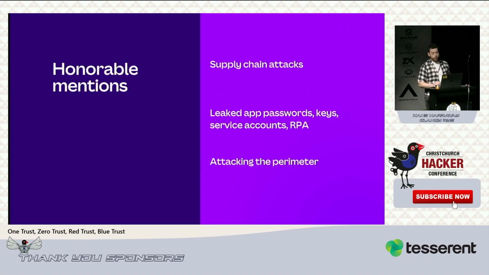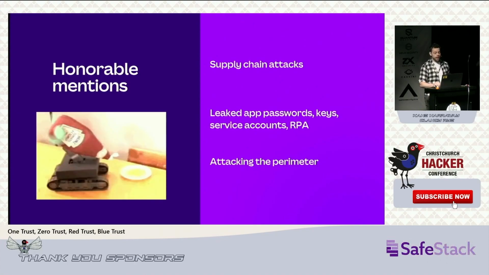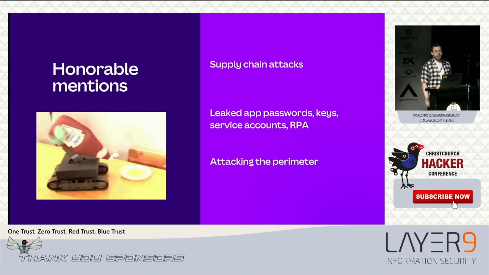So some other quick honorable mentions before I move on. Squatting or hijacking targeted dependencies, especially if you're in a white box engagement, can be very strong. Stealing leaked credentials like app passwords, keys, tokens, service accounts, or anything else that allows you to bypass zero trust, really good. And importantly, bot accounts or credentials that are used for things like robotic process automation are particularly valuable. Like a lot of the time, they have zero trust or detection carve-outs, as well as significant levels of access. It's pretty normal and expected for, like, a Jira scraper bot to scrape Jira, go figure.